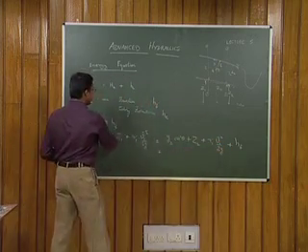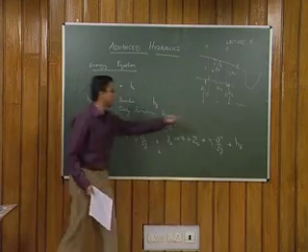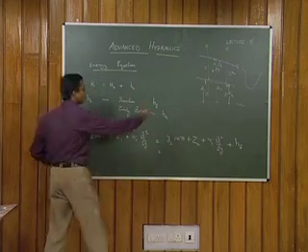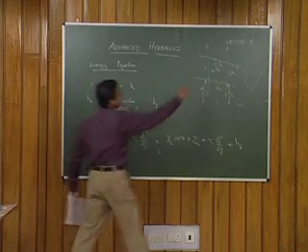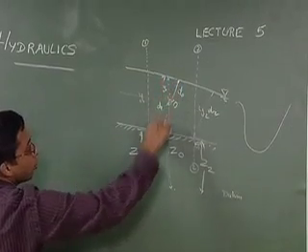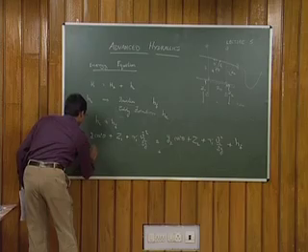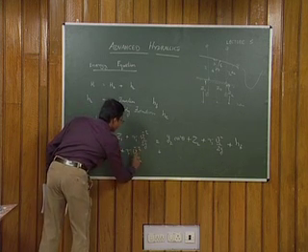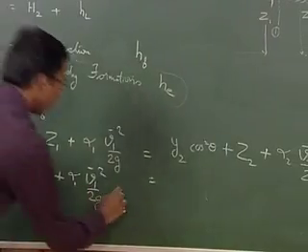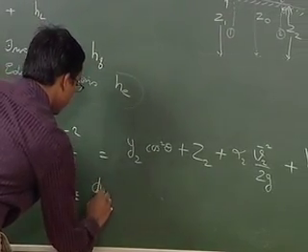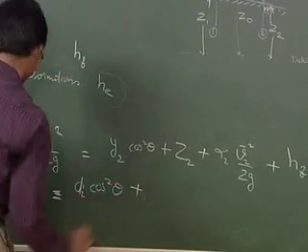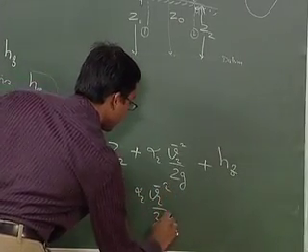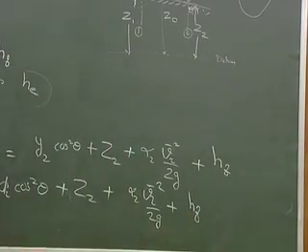Once you write the equation in this form, this is called the energy equation in a more expanded form. When you write it in the energy head form, this is an energy equation. Or if you write this particular quantity in terms of the depth, normal depth from the surface to the bed, d1, that will be d1 cos theta plus z1 plus alpha 1 v1 squared by 2g is equal to d2 cos squared theta plus z2 plus